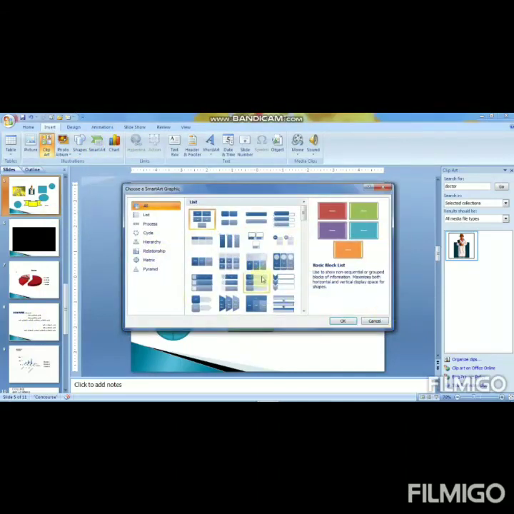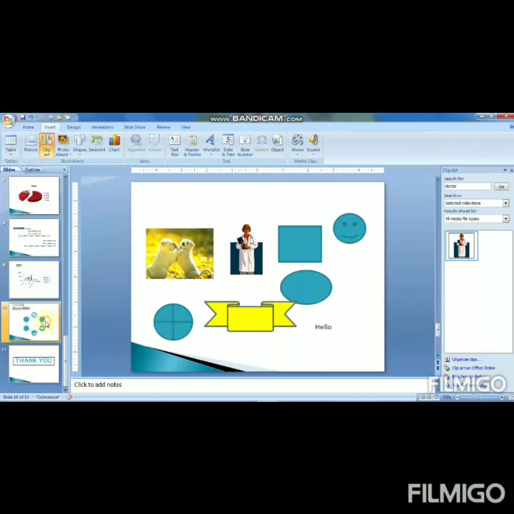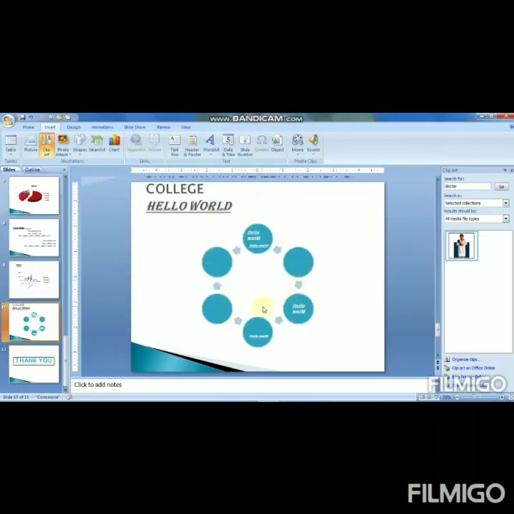This is the smart art dialog box. These are all the smart art options. Which kind of smart art you want, you just click on it like this. I'll choose the circle type. This is the example of smart art.